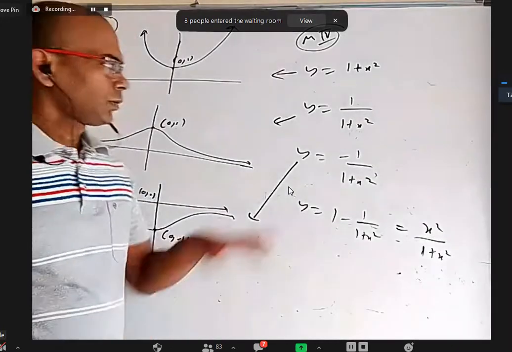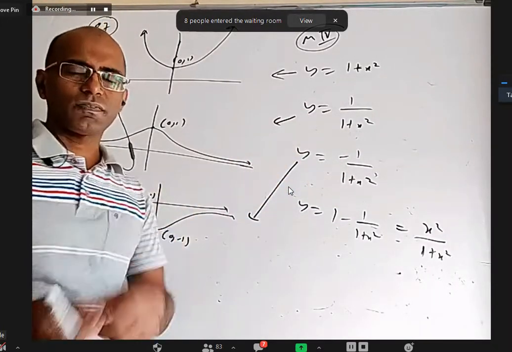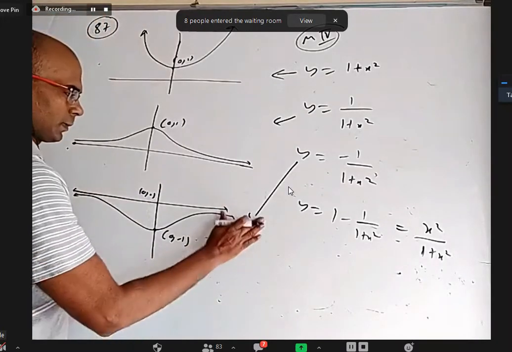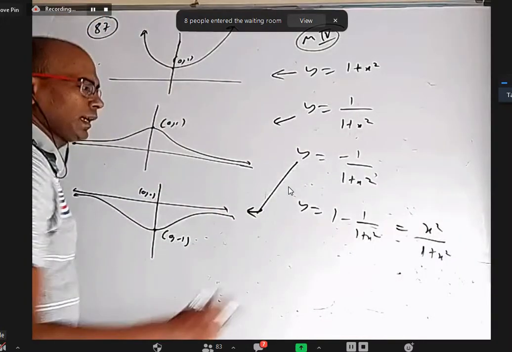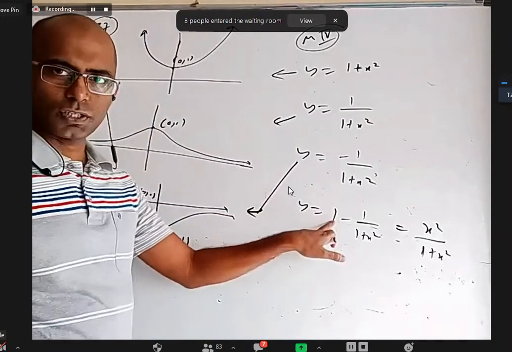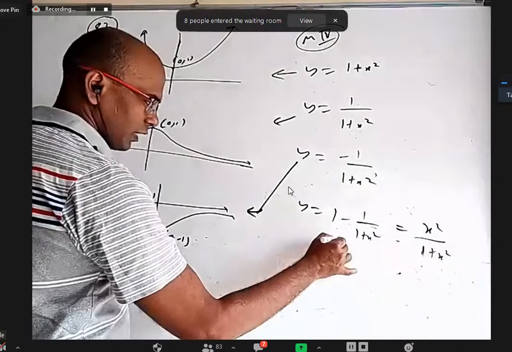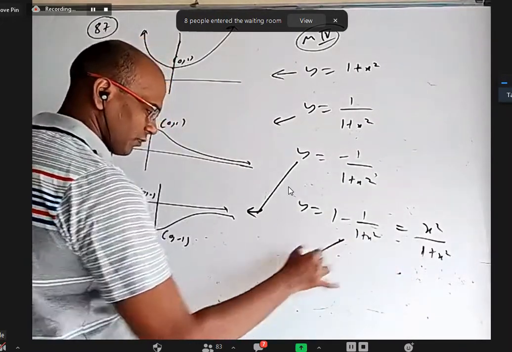Whenever you want to replace y with minus y, you'll get a reflection with respect to x-axis. And I have to add 1 here. Or here to here, what is the difference? Plus 1 extra. So you have to move this upward by 1 unit. So finally this one or this one, the graph is